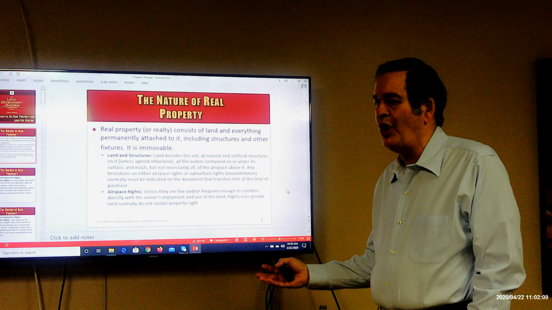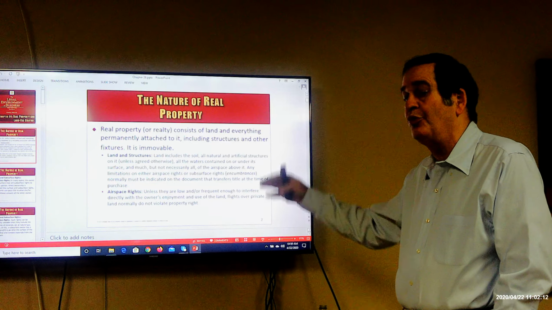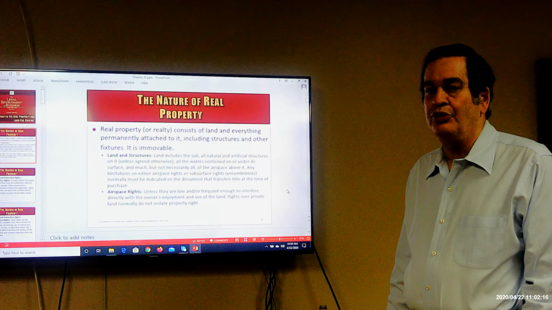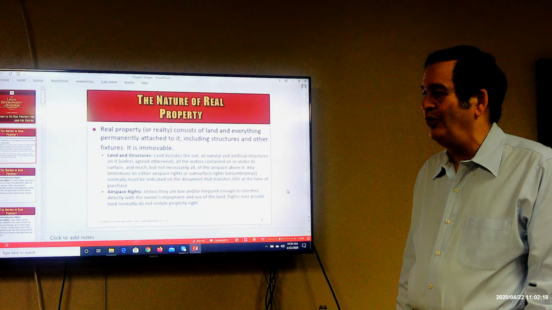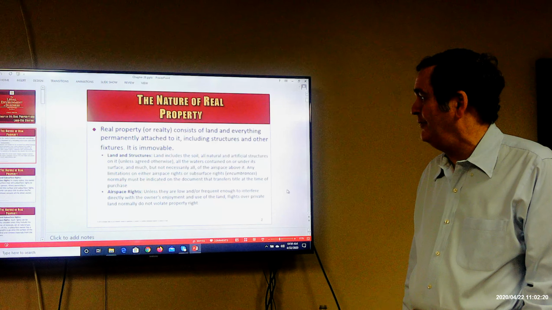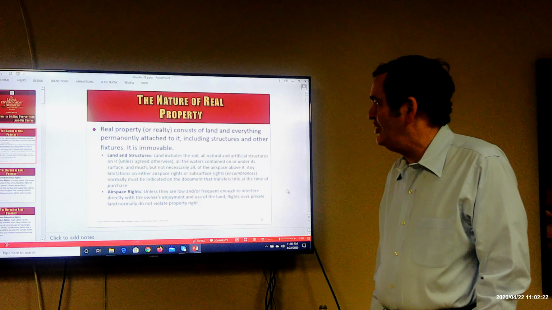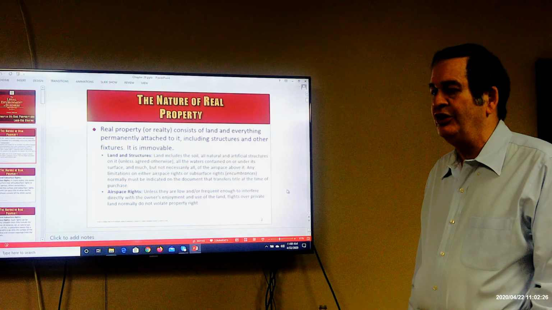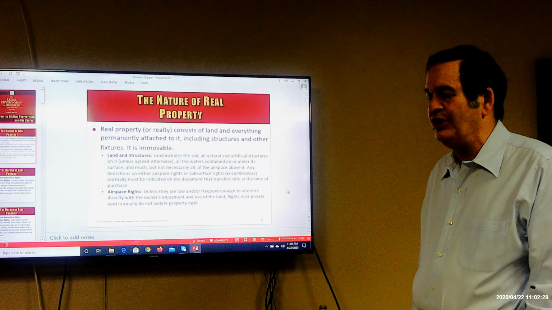We distinguish real property from personal property. Personal property is defined as anything other than real property. And of course, personal property includes both tangible and intangible personal property. So land and structures are considered to be real property so long as the structures are permanently attached to the